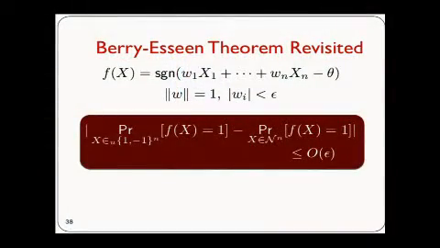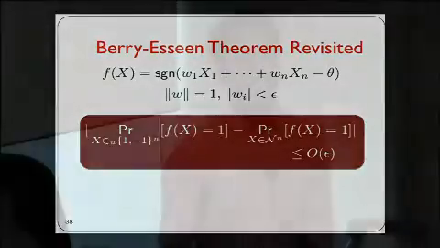So before going on, let's look at the Berry-Esseen theorem again, but this time in the language of half spaces. Let's say you have a half space F with weight vector W, and the weight vector W is epsilon regular. Then the Berry-Esseen theorem says that the probability that F of x is 1 under the uniform distribution on the hypercube is close to this probability under the Gaussian distribution. And once again, this is an invariance principle because it's saying that the probability of acceptance is invariant under the input distribution being the hypercube or the Gaussian distribution, or more generally any product distribution.